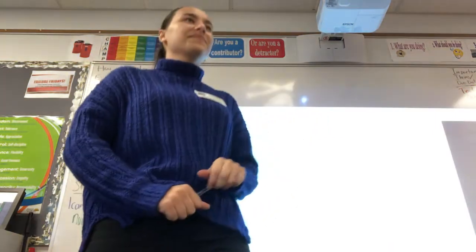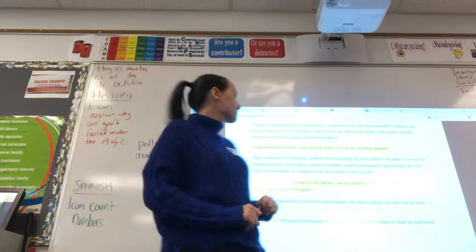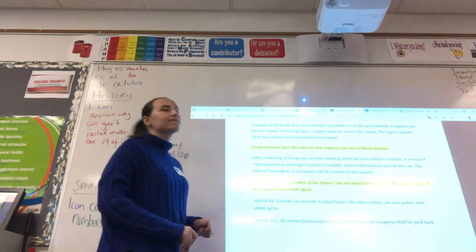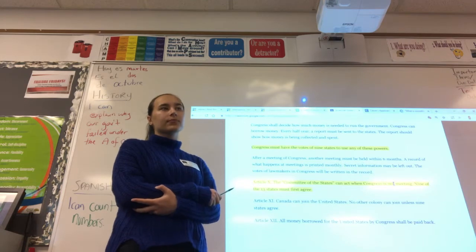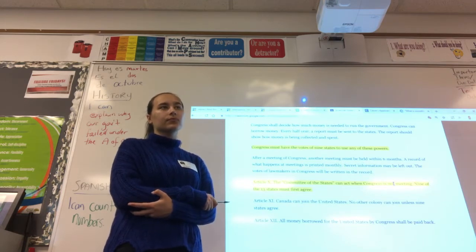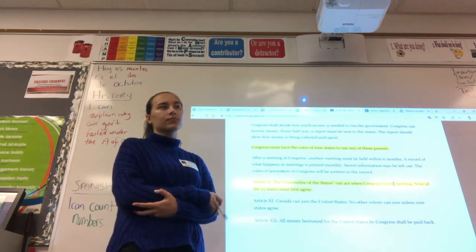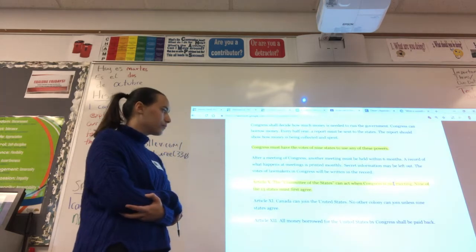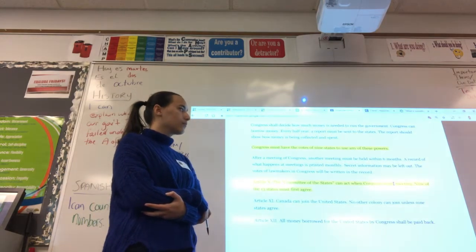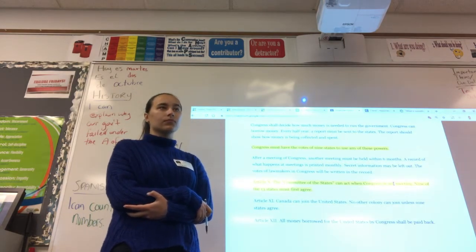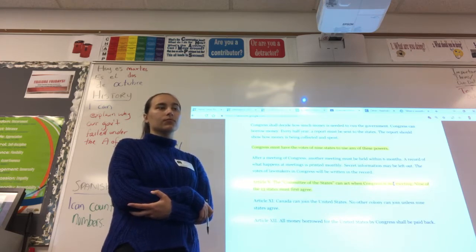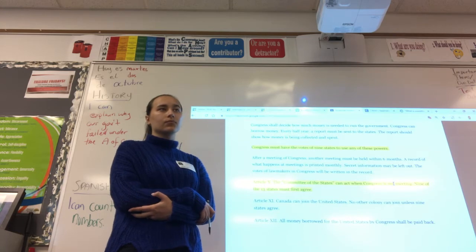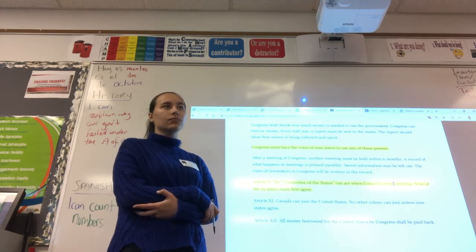So, one of the things that are highlighted says Congress must have votes of 9 states, if any of these powers are used. So 9 of the 13 states must first agree on it for the committee to meet, which kind of doesn't make sense because if exactly 9 out of the 13 agree to meet, that's 4 states that are left out of the committee.